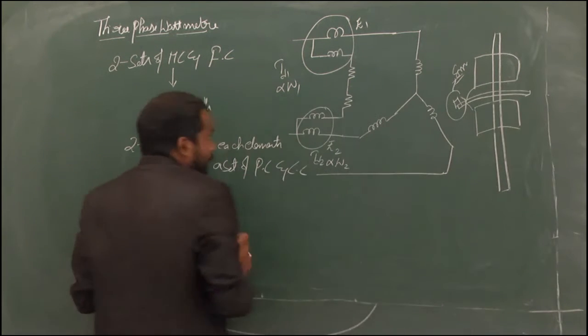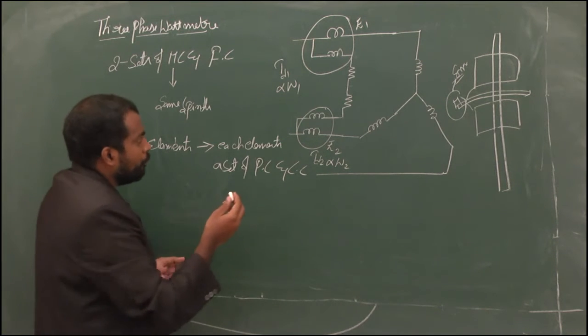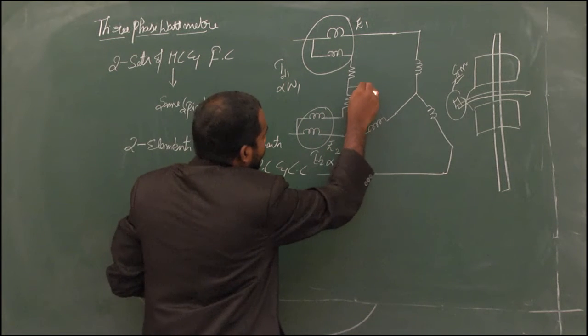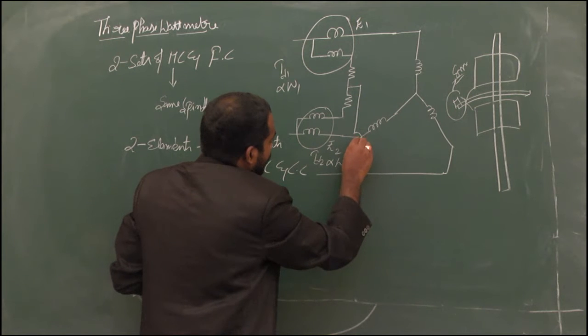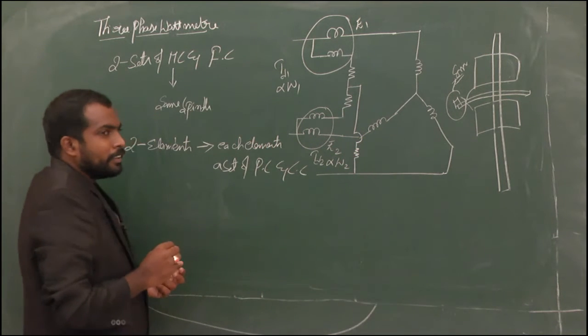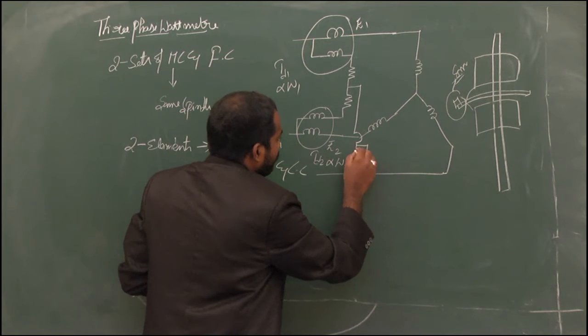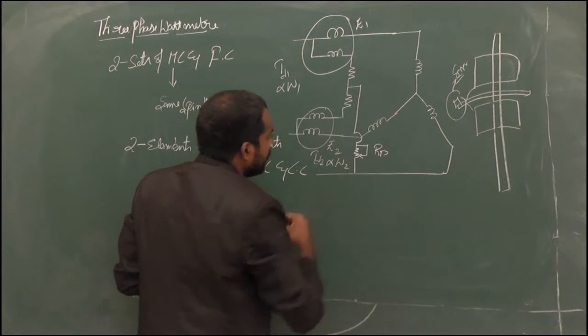And in the other case, the error due to mutual interference can be minimized with the help of placement of a compensating resistor. So this is the other method. We can compensate the mutual interference simply by placing a compensating resistance Rp.